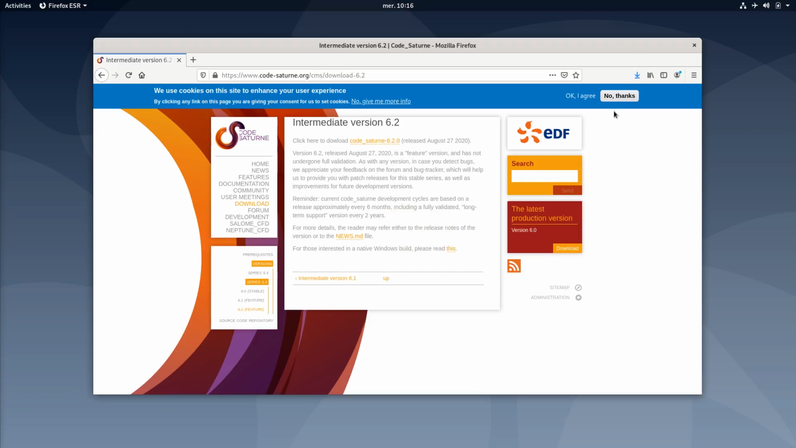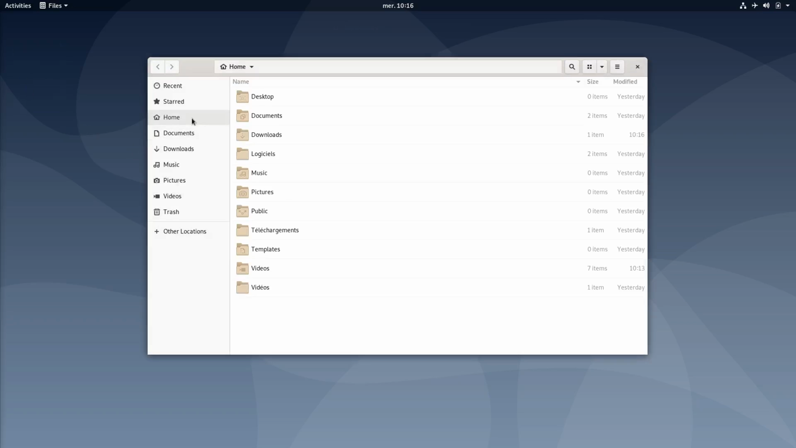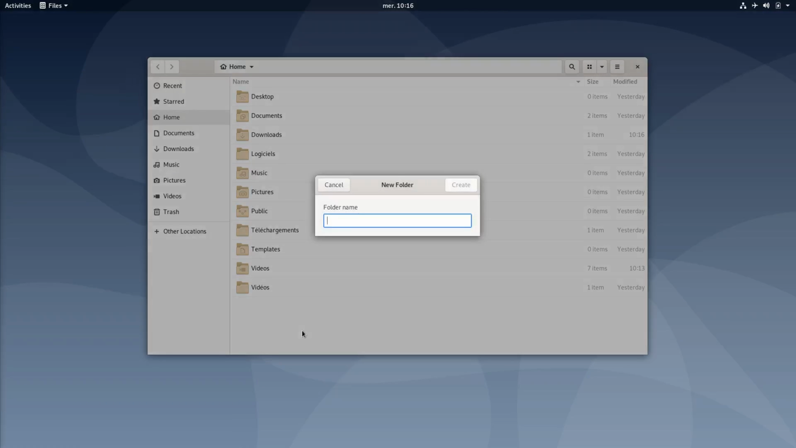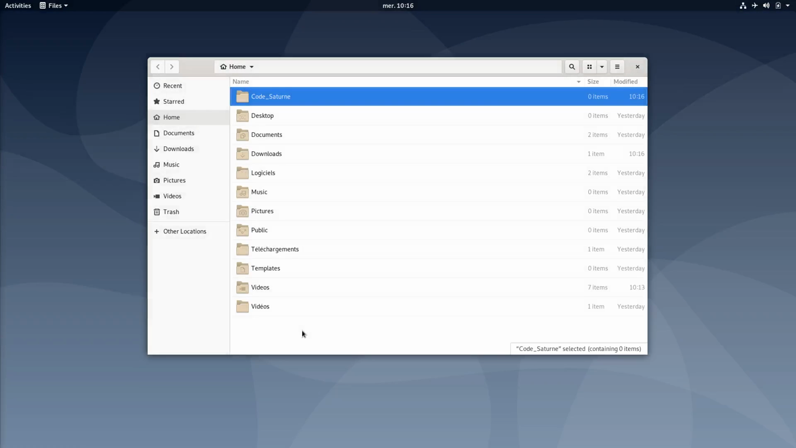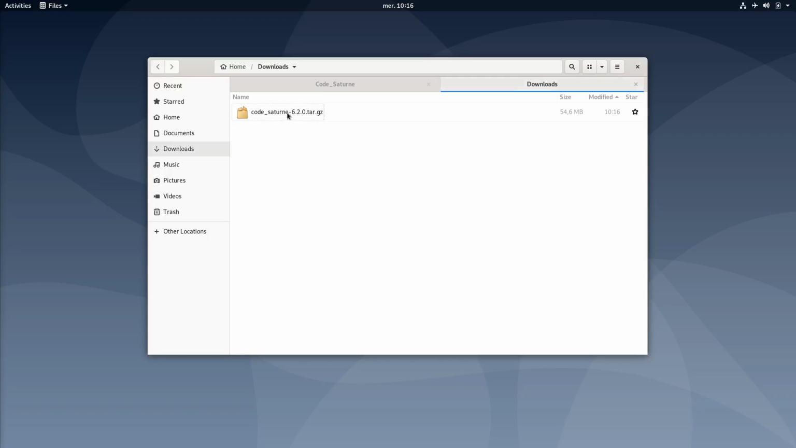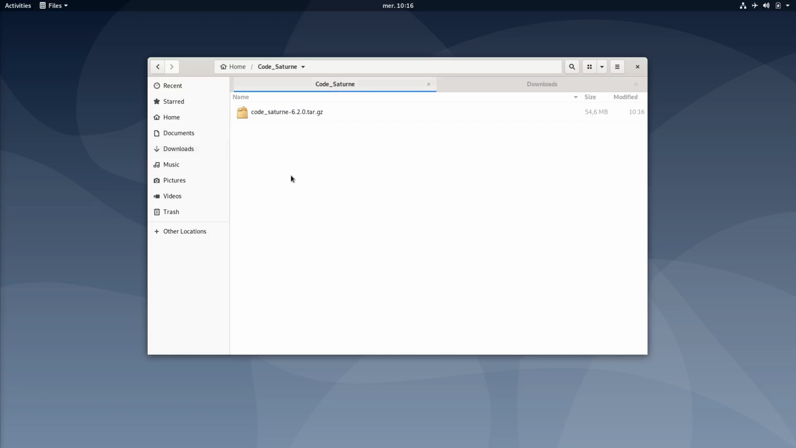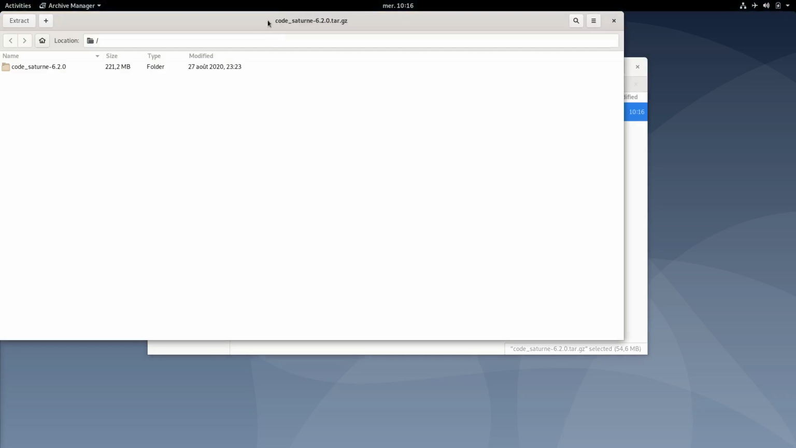I'm going to save the file. Okay, so now that it's been downloaded, I'm going to create in my home a new folder called CodeSaturn here. But of course, you can create this folder wherever you want on your computer. It doesn't matter. Then I'm going to my downloads. I'm going to take the file I just downloaded and put it in my CodeSaturn folder, and I'm going to